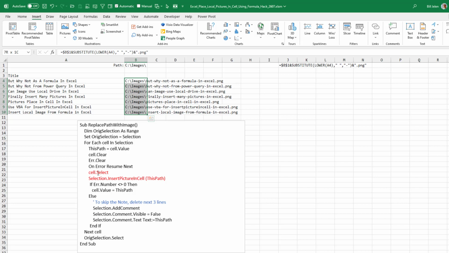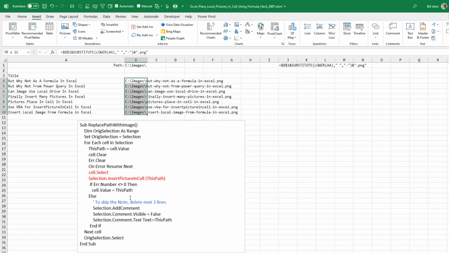It's a little frustrating to me that the macro recorder does cell.select and then selection.insert picture in cell. I tried to combine that into one, but it would not work. VBA will not do the insert picture in cell with just cell.insert picture in cell. Really frustrating. And then I always had this thing like yesterday, in yesterday's video, I got burned when I had 400 images and they were added in not the sequence that I expected them to be.